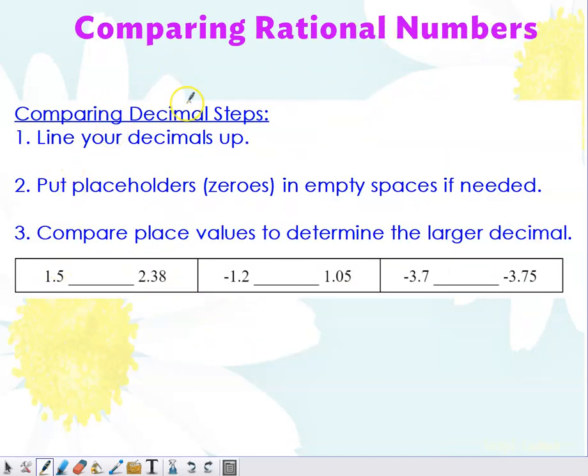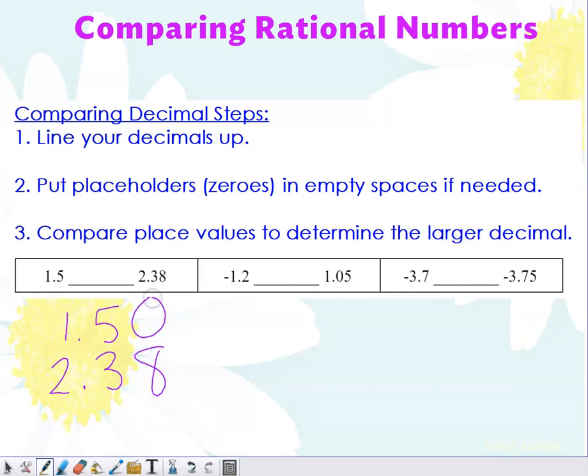Okay, when we're comparing rational numbers, specifically decimals, you're going to want to line your decimals up, put placeholders, which are zeros, in any empty spaces if you need them, and then compare those place values to determine the larger decimal. So for example, 1 and 5/10 and 2 and 38/100, we would line those up as so,